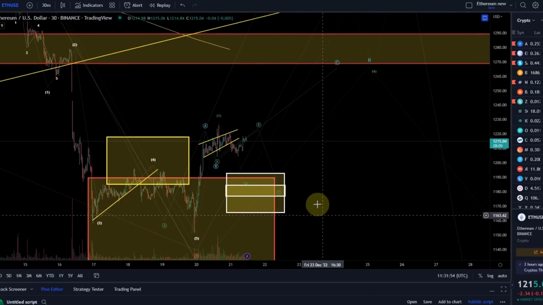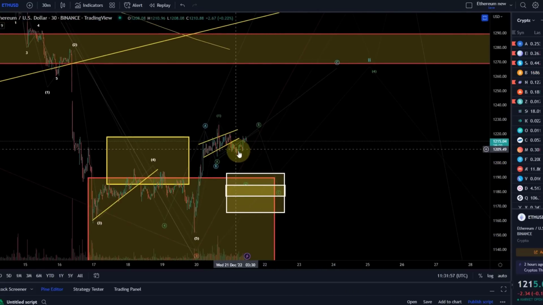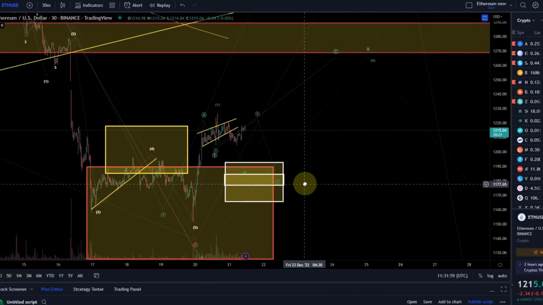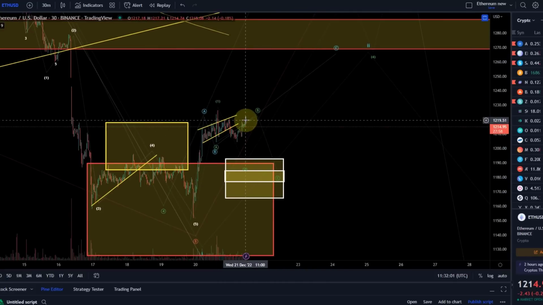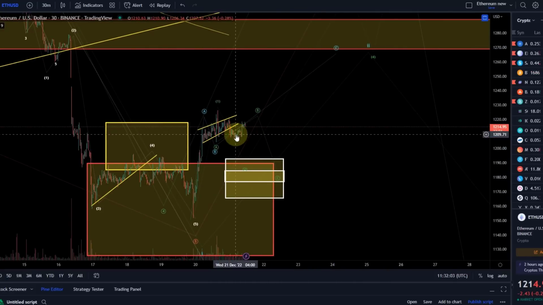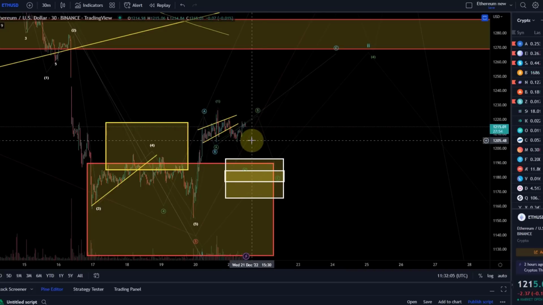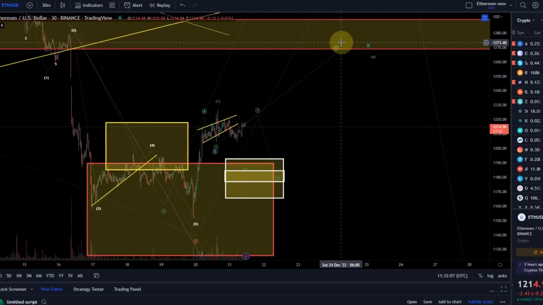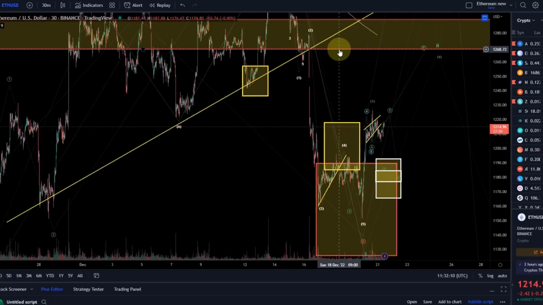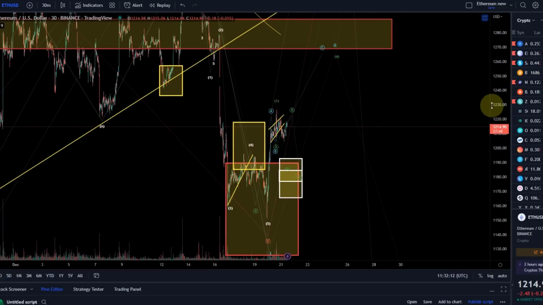Yeah, so this is where we are. However, either way, personally, I would still expect either to go up straight away or to come down here and then go up. So it should take us to at least 1270, at least. And that would be the bearish count, and then we have a decision point here.